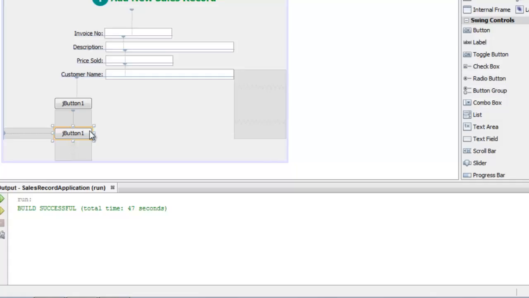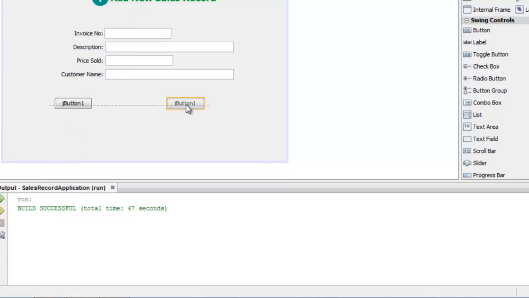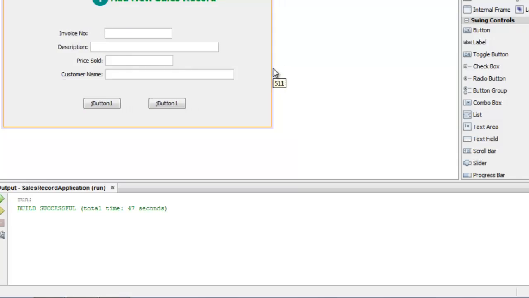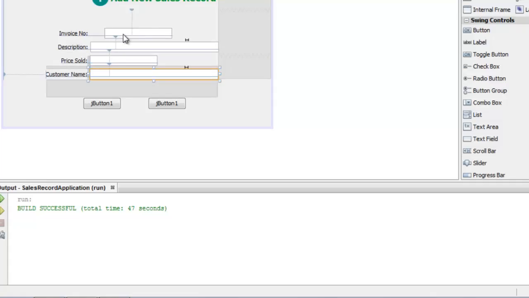I like to centralize the buttons, so let them be in here somewhere like this. This is appropriate. Again, we have a lot of space here, so I can select the space and resize this window, and you can remove the extra spaces if you don't want them. Maybe there's too much space here, so I can resize them. And if it gets scattered, don't feel bad, just resize them again, and you can easily get them to be aligned properly the way you want. Alright, so that's it for this